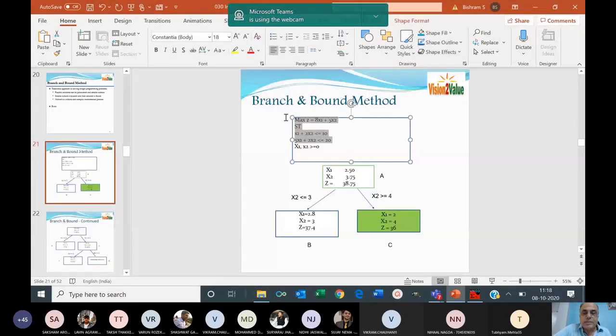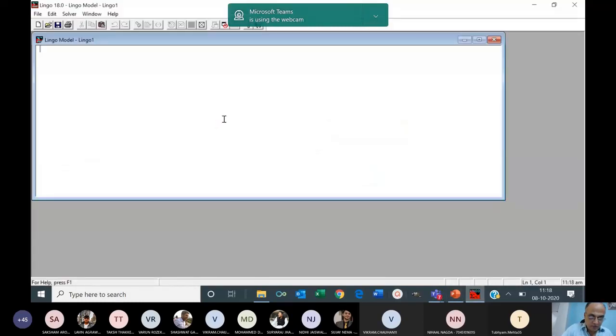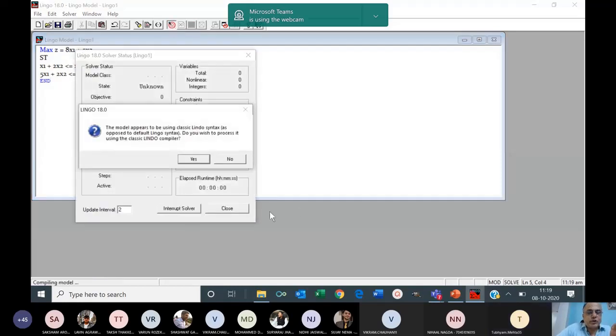So let's copy this LP problem and see in Lingo whether we get the solution. That was the very purpose of asking you to keep Lingo open. Now you can see my Lingo screen. Is my Lingo screen visible? Yes, sir. Now the moment I hit the bullseye, I will get the solution.